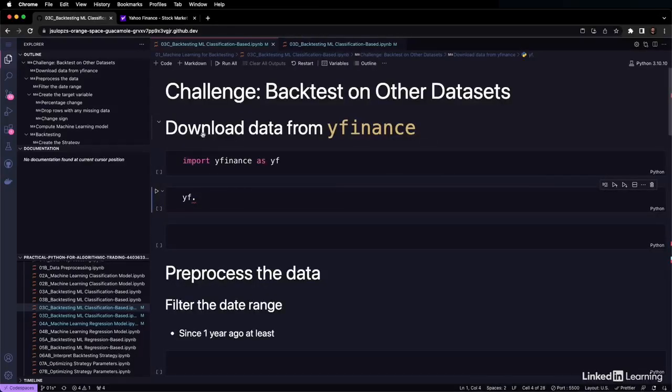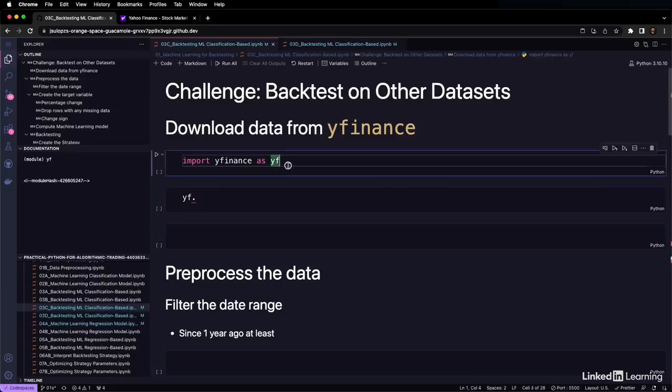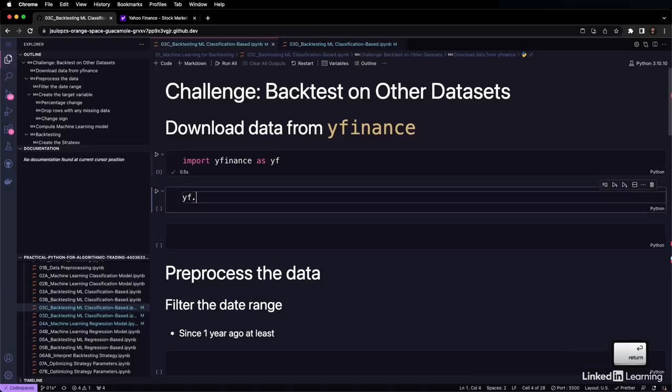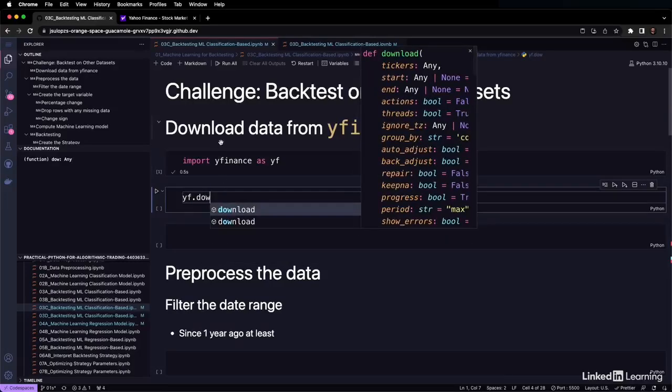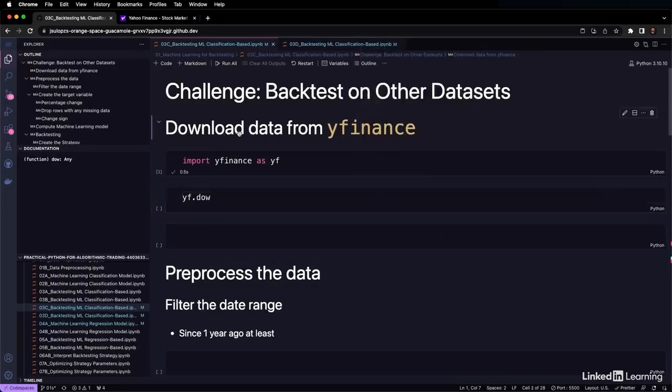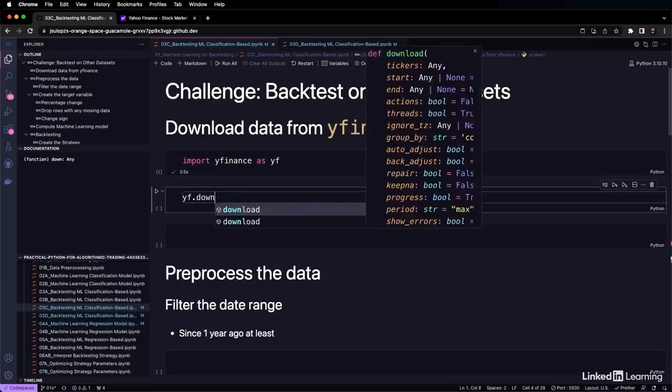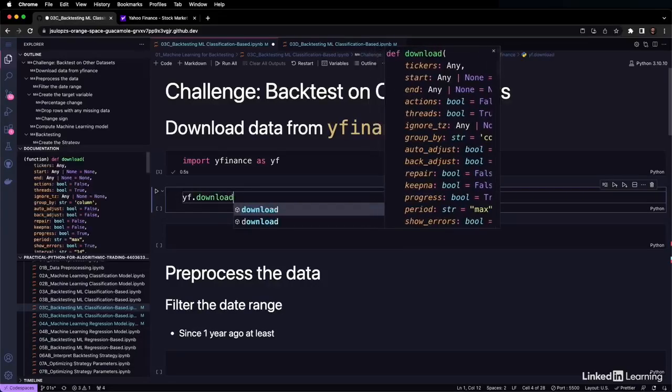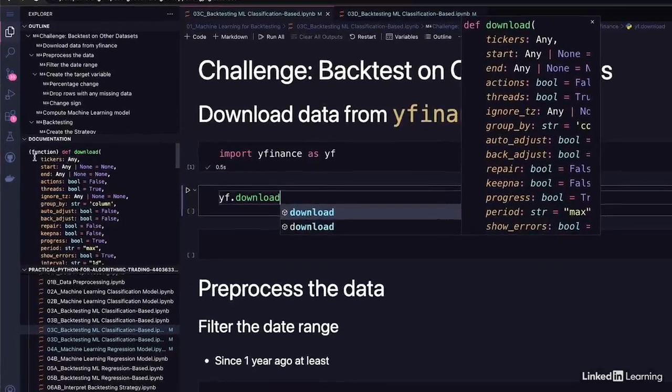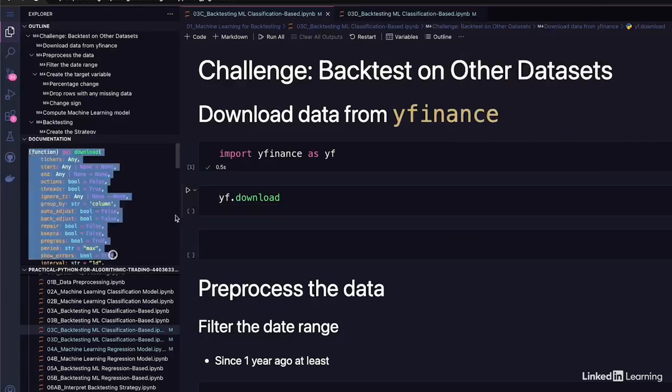The titles of the exercises contain the names of the functions that you need to use. For example, we import Yahoo Finance, we get inside the library, and then after the dot, we start typing download, because it's the keyword of the title that I am asking. So we write download, and then look at the documentation because it will tell you what you need to put